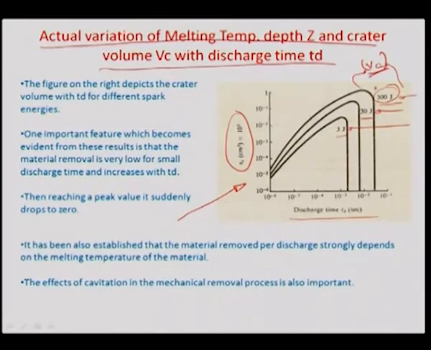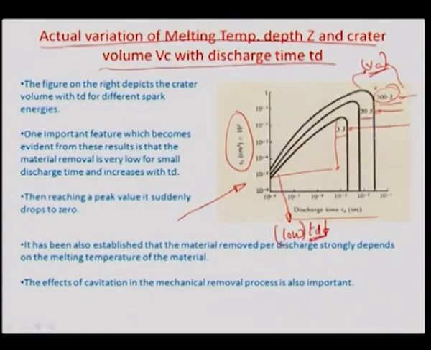And if you look at some other peculiarities in this graph, one important aspect is that the volume of the crater is very low at low discharge times. If this value of TD is low, the amount of volume removed, as you are seeing, is very low,